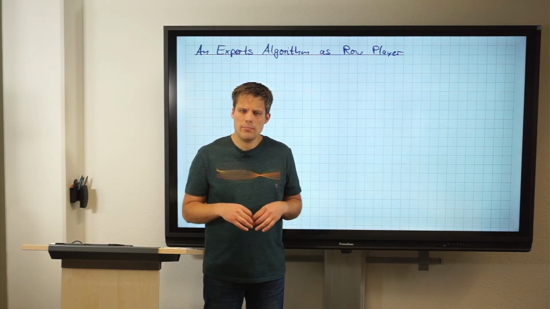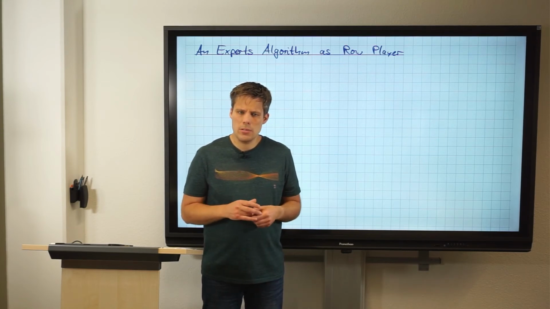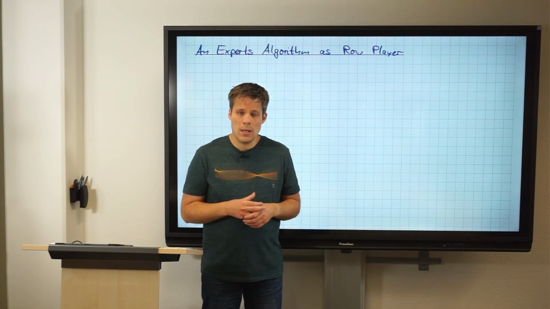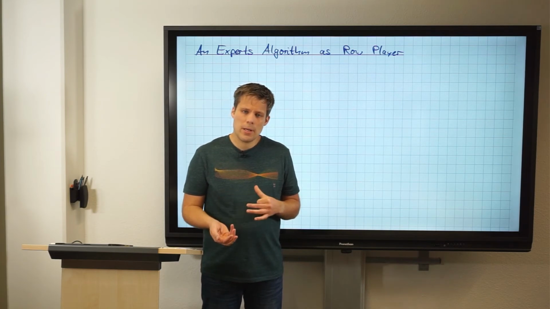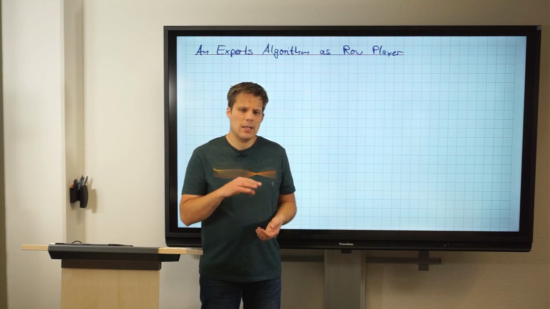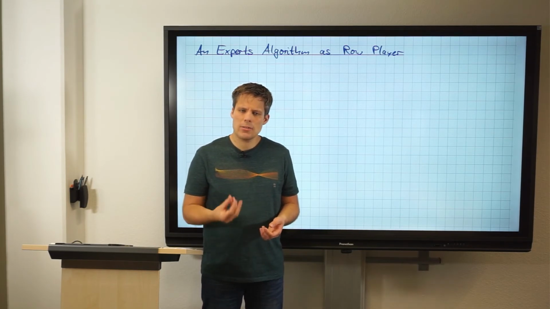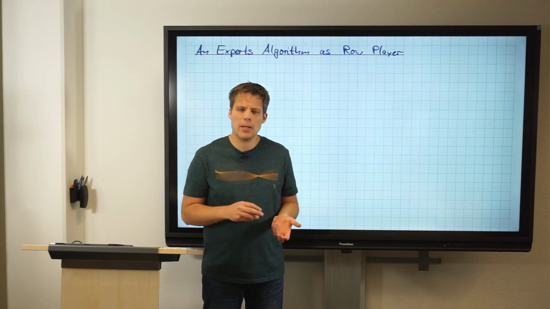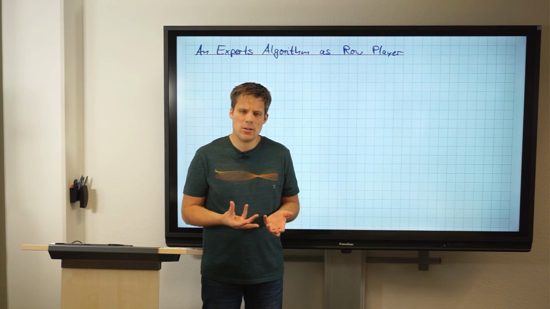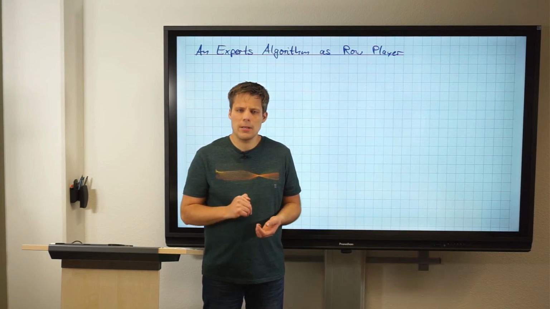And this algorithm will tell the row player what to do, namely which row to choose, which probability distribution over rows to choose. And then by the no-regret property, we'll have that even if the column player can make their choices depending on what the row player was doing, they won't actually have any chance compared to if the row player